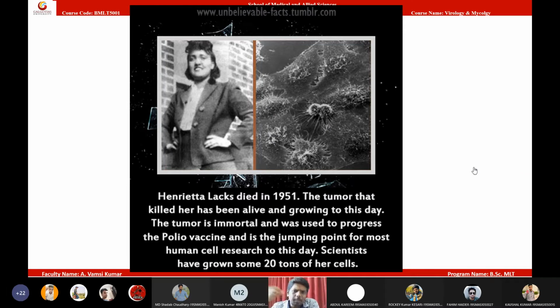What type of cancer? It is a cancer of the uterus. It is cervical cancer. It is an intravaginal cervical cancer. When the doctor examined the vaginal cavity, the cervix, the doctor saw a peculiar thing. She has a bluish green colored tumor. So this is a very different type.